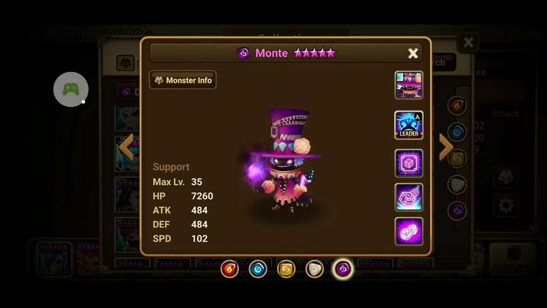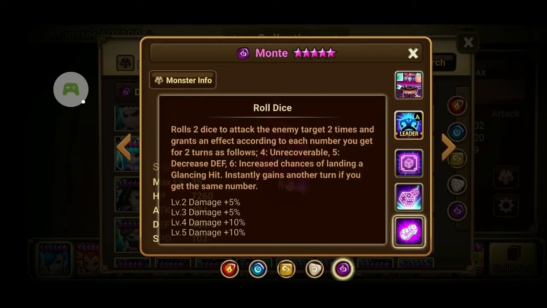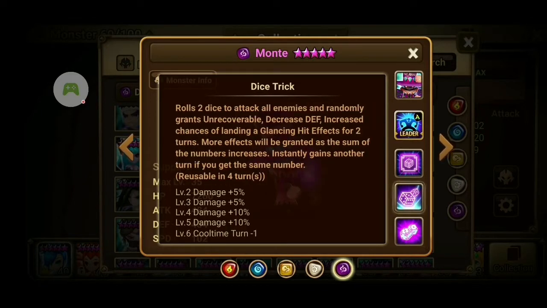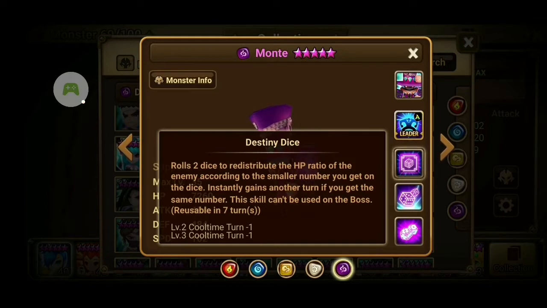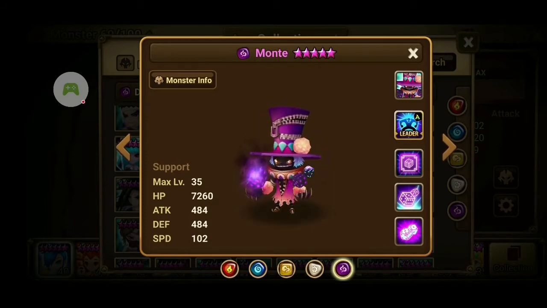So Monte is similar to the other Dice Magicians in terms of the first two skills. But technically, for Dice Magicians, all three skills are RNG. Their skills are all kind of based on luck. They roll 2 dice, and all the effects are based on the number you get on the dice. Similar to the other Dice Magicians, the fire, water, wind, and light ones all have skills like that. But